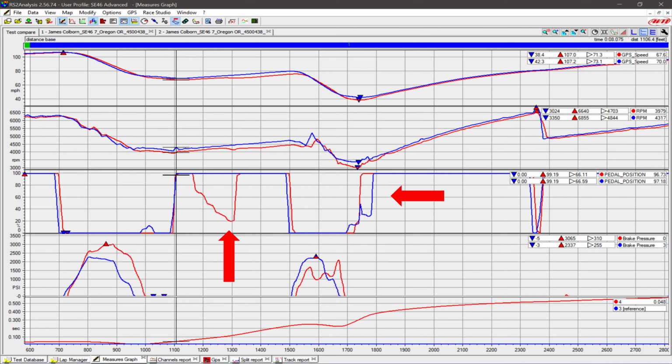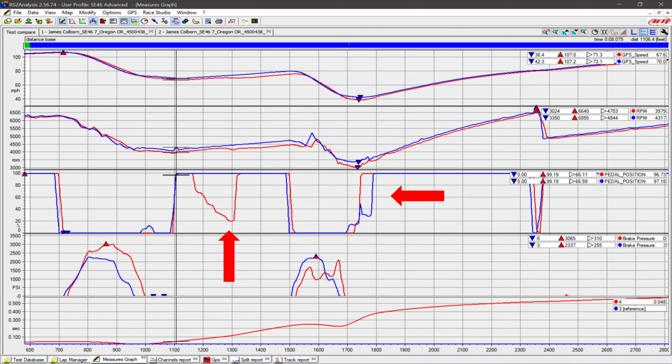Now, as we've done that, you've also noticed that there's a second part on this track that we focused on using exactly the same variable, but a slightly different aspect, which is, well, if that's the case, how come here the blue line applies the throttle, has a little bit of a lift here and then applies the throttle later, and the red line is a smoother transition? Well, again, if we look at the chart, the first thing we want to have a look at is what's happened. Well, the red line has slowed even further out of that particular corner,